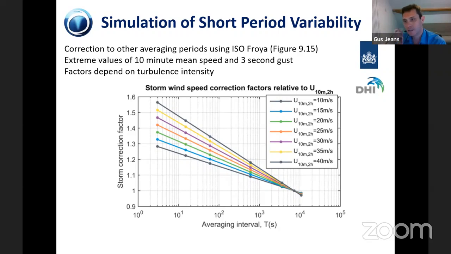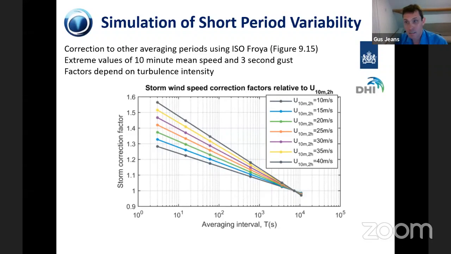So this is a set of relationships that's in ISO standards, but not represented yet at all, I think, in the IEC documents. So one of the things I'm trying to do here is to raise awareness of these Fourier relationships, because one thing that's important to highlight is that these gust factors, these conversion factors between long averaging periods and short averaging periods, and then the gusts, intrinsically depend upon estimates of turbulence intensity. And in the Metocean tradition, turbulence intensity is a parameter that you use primarily to make this conversion. But in the wind energy industry,